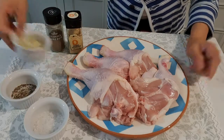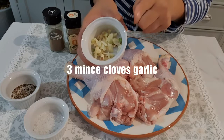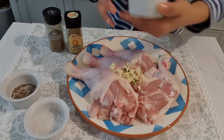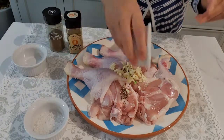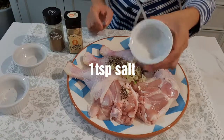Of course, the ingredients, we have garlic. This garlic is from the garden. You know, that is organic, that I harvested last June. So put the garlic in here. Just pepper, some salt,